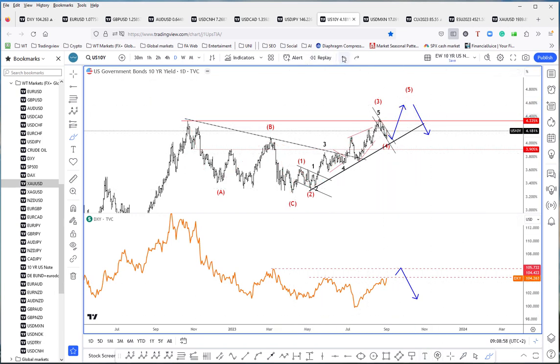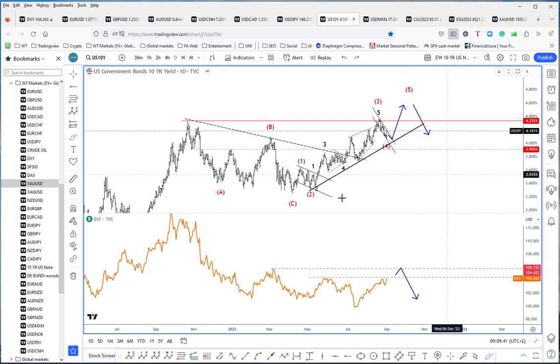Let me just delete this. So after this pullback, which I believe can be wave 4, I'm looking for another push to the upside, and that's when sentiment could also move into some of the extremes here, because US yields will be pushed even higher. The majority will still turn back towards the hawkish views, and that's when sentiment will move into the extreme, and that's when I would be looking for a completion of this 5-wave rise, because unfortunately that's how it works with sentiment when looking at the Elliott Wave cycles. So I will be looking for a final push higher here, and then eventually expecting a top